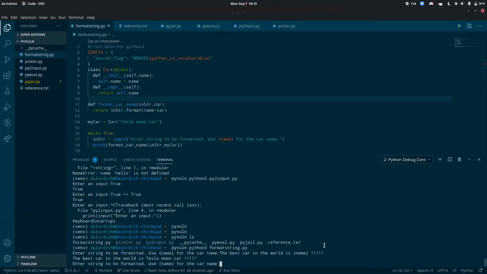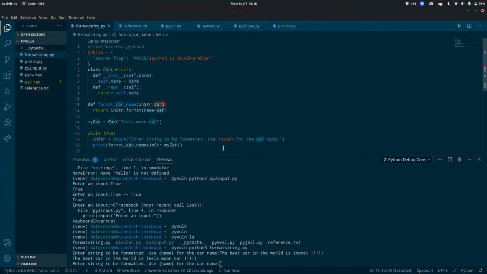Now, remember what I said at the start of this talk, which was that Python explicitly trusts its users and it has a whole bunch of hidden functions. What's actually happening here is that this format string is evaluating whatever's in here and replacing it with whatever's evaluated. So in this case, name is what's being evaluated and name is the car.